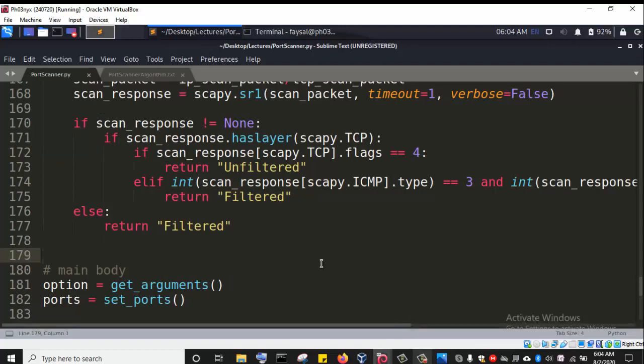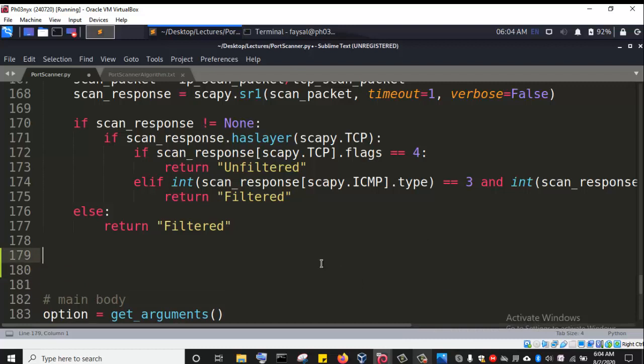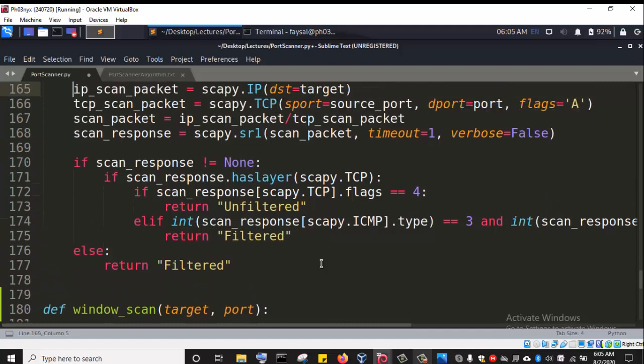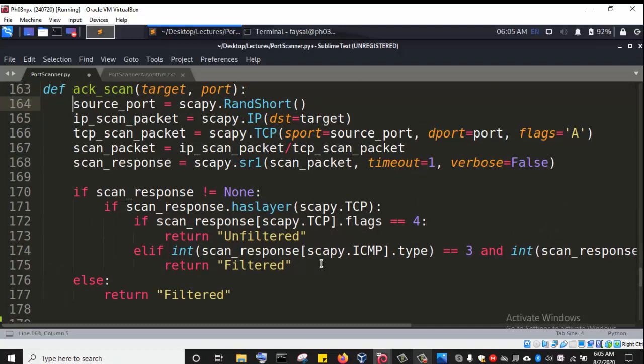All right, so here I'll just come down here. I'm going to define a function and call it window_scan. All right, and as usual, we are going to define our 2 parameters. Whenever we invoke this function, we are going to pass target and port. All right, so I would still go up here and copy the code under the scan,